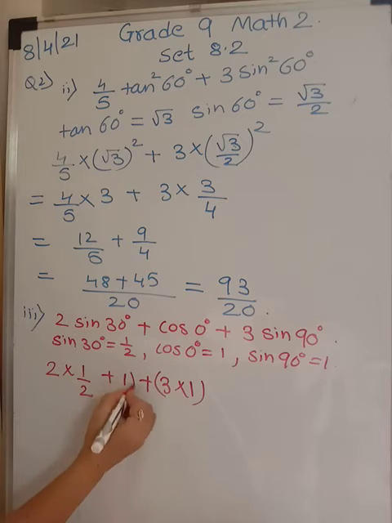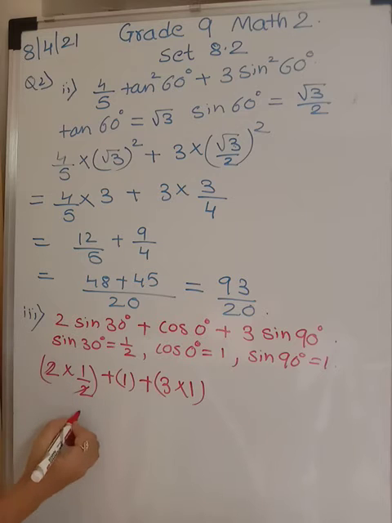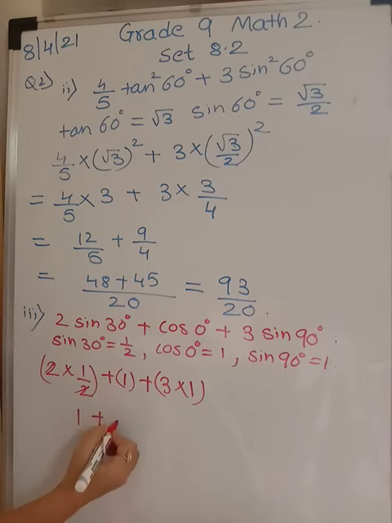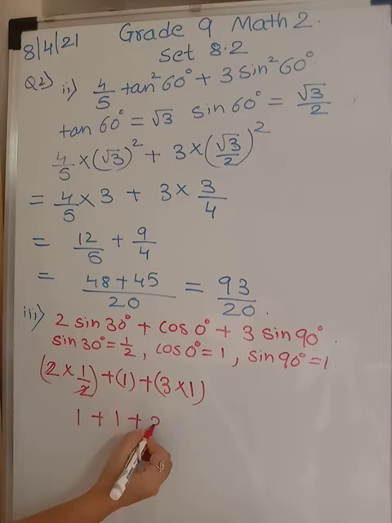It's better you put like this, so you will not have problem. 3 things we are adding. Okay. 2 ones are 2 ones are, so this becomes 1 plus 1 plus 3 ones are 3. So 3, 4 and 5. So your answer, so easy, no? So your answer is 5. Okay. Let's go for one more.